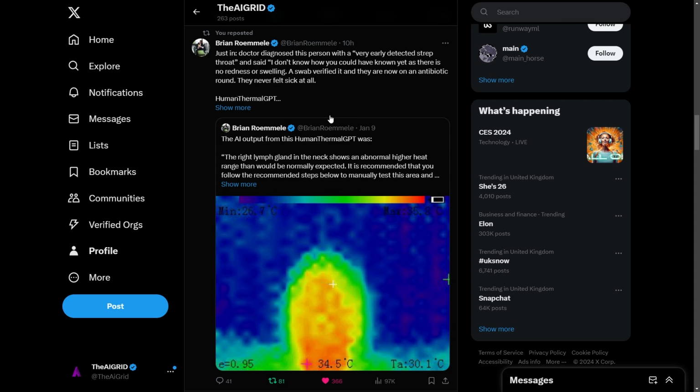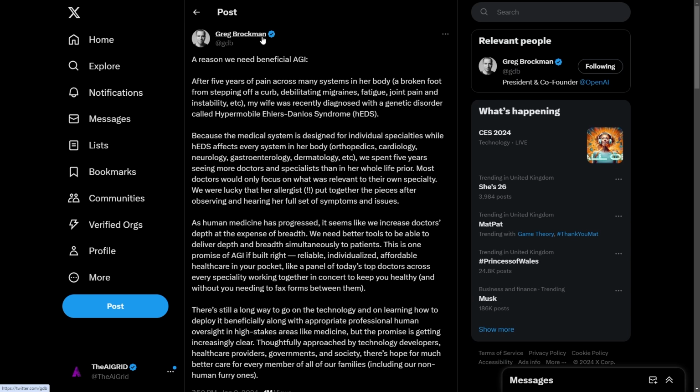Many doctors specialize in certain fields, and when they specialize, they sometimes don't know how it affects another area in a different specialty. It was something he was able to use as an example to show why, if we manage to get an AI system that's able to combine everything and draw patterns from a lot of data that doctors simply wouldn't be able to, we're going to get personalized healthcare that's much more effective than what we currently have. So you can see here that this is where he said a reason we need beneficial